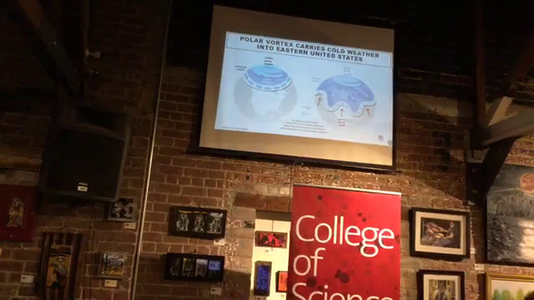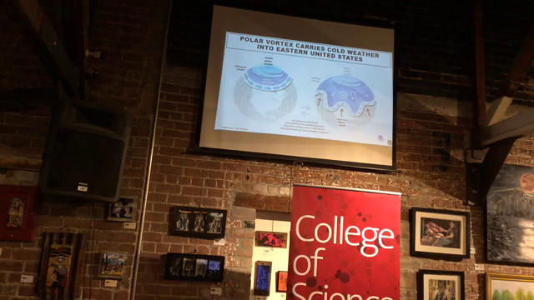So how does it work? The polar vortex actually is a weather system with a large area of low pressure, and we have a strong jet stream, like a counterclockwise wind circulation, that could confine this cold air within the Arctic. However, this jet stream is driven by the temperature difference between the Arctic and the mid-latitudes. However, when the Arctic is warming faster than the mid-latitudes,